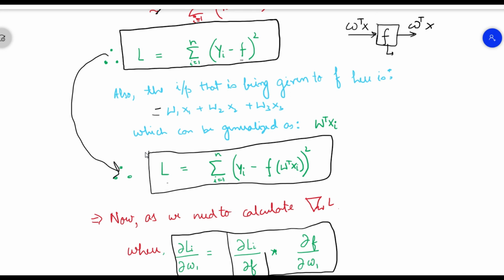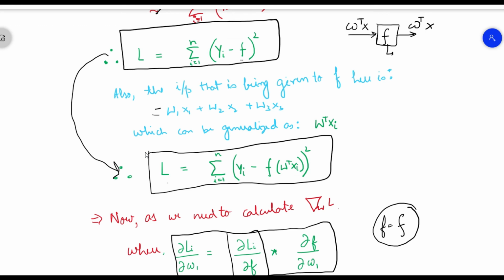The first component is about differentiating our loss function with respect to the activation function being used. Please don't get confused, I use f and this f interchangeably, so these both are the same. Then we differentiate the activation function with respect to our weight vector. Because this is a partial derivation that will happen for each component of our weights, w1, w2, w3, we are representing this differentiation as tau.